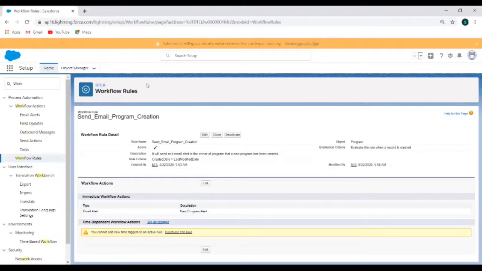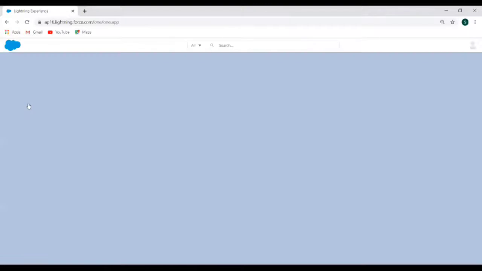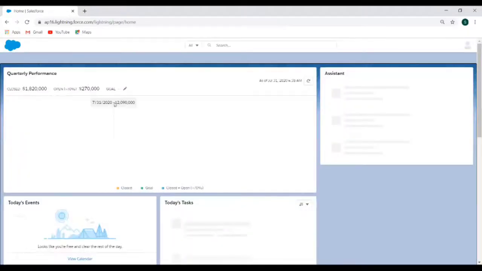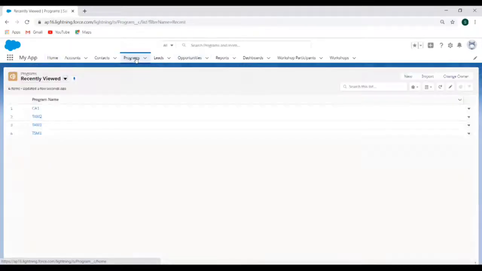So let's see what we will do. We will go ahead and create a record for a program, and see if we get the notification or the email in our email box. Under my app, I'll click on programs and create a new program.